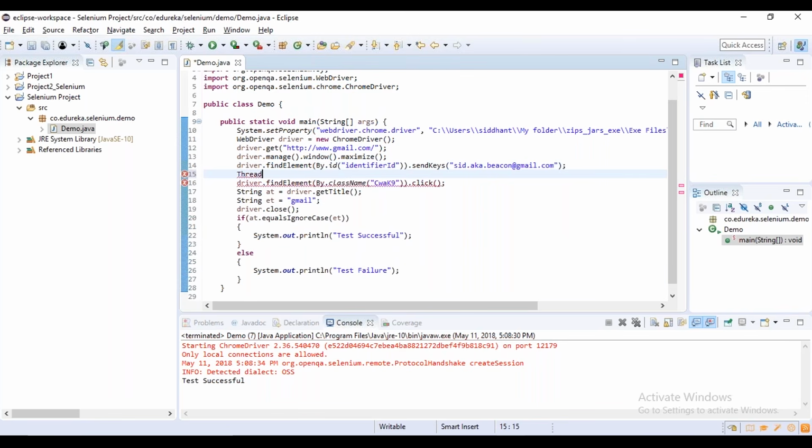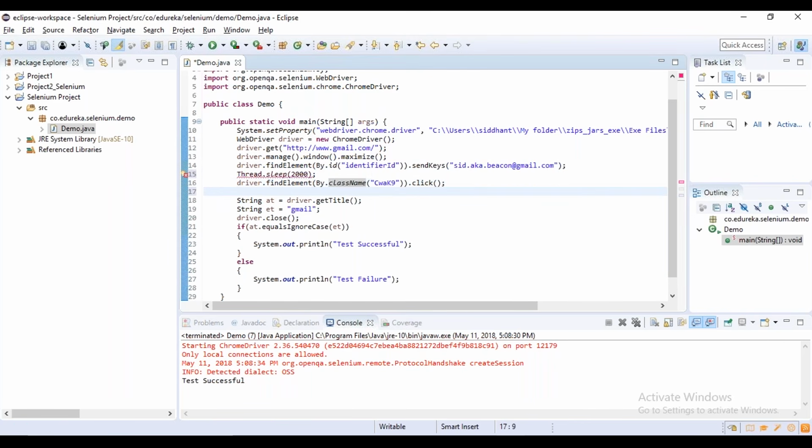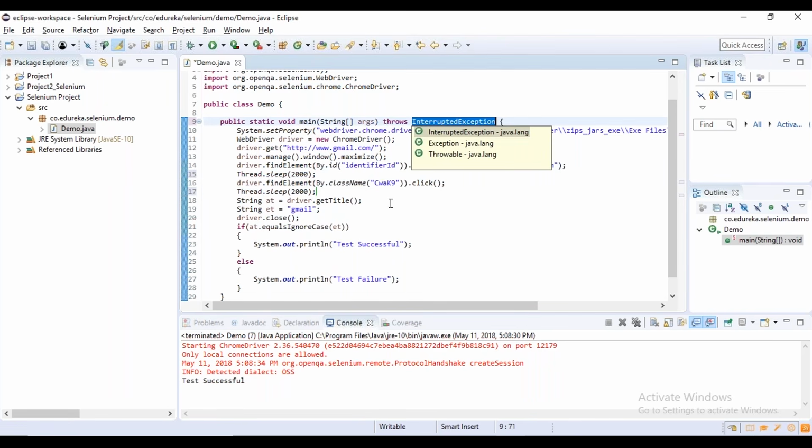We can do it by Thread.sleep. Let's say I'll ask it to sleep for 2000 milliseconds. Similarly, I'll have one more sleep command after we've clicked on the next button. This is not necessary. Normally, testing would require you to do it really fast so that in a matter of seconds, maybe 1,000 cases or more can be done. But I'm doing this so that you can see everything that happened. Thread requires us to throw an exception. So we did that. Let me now run it.